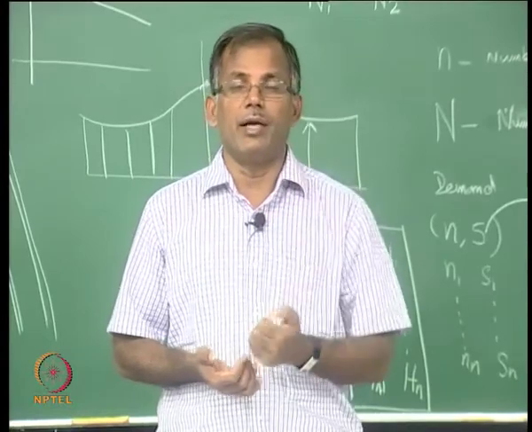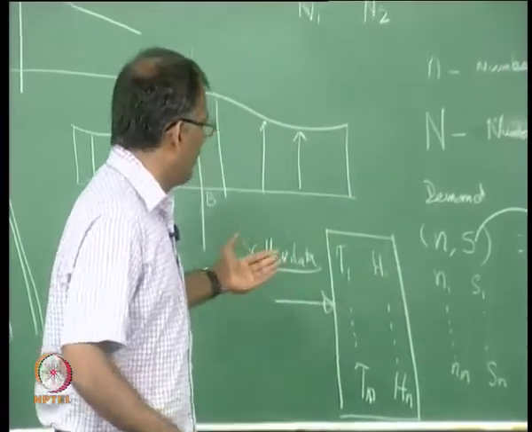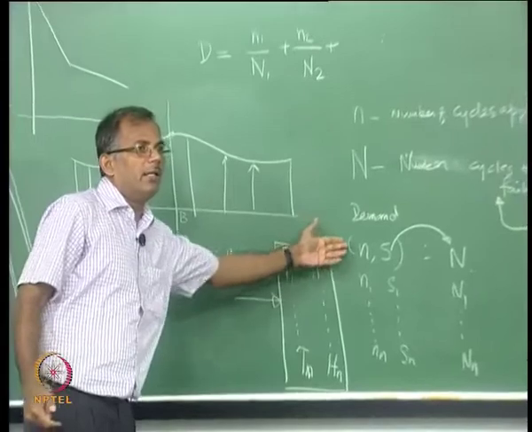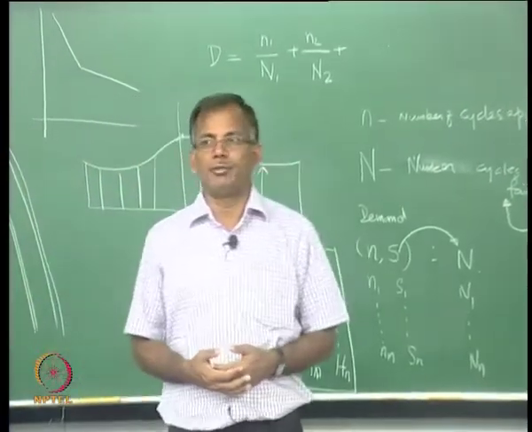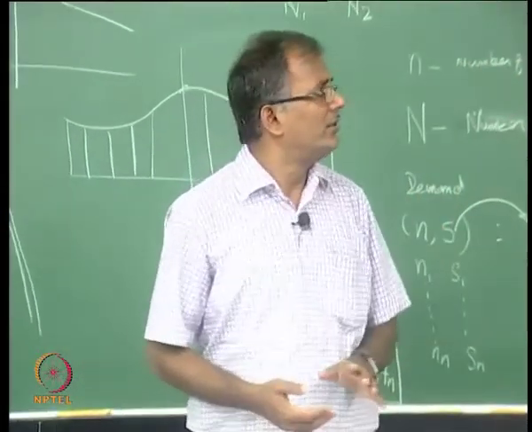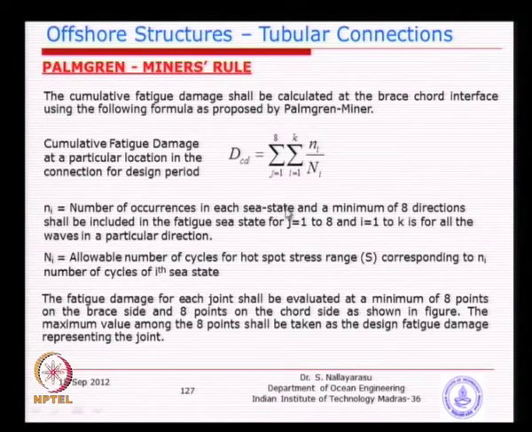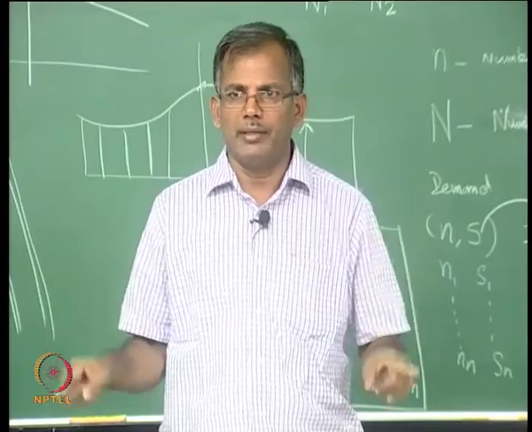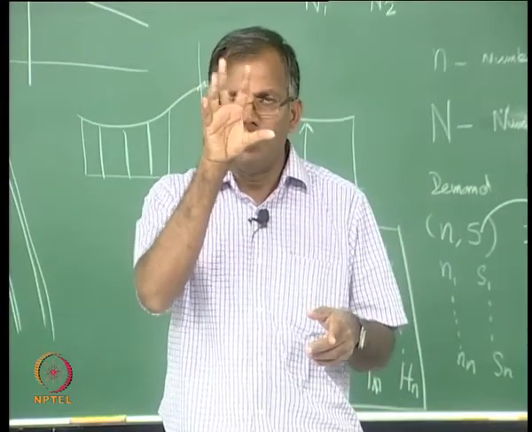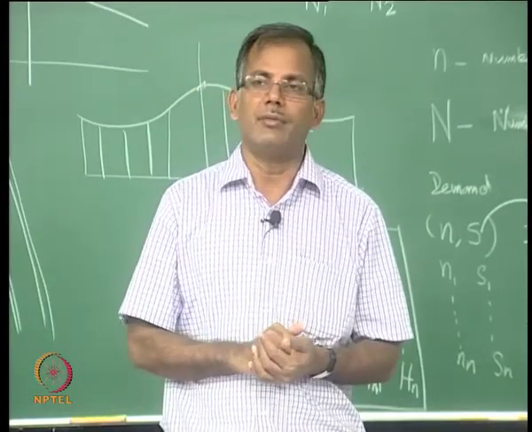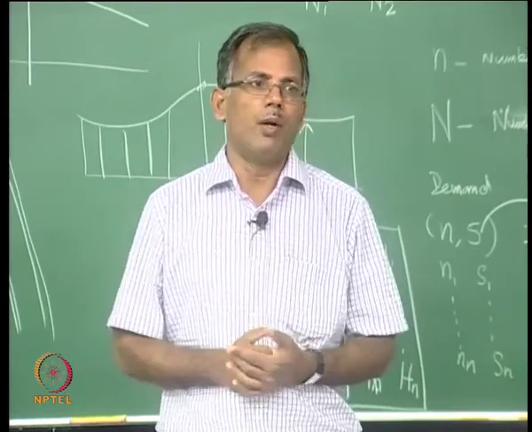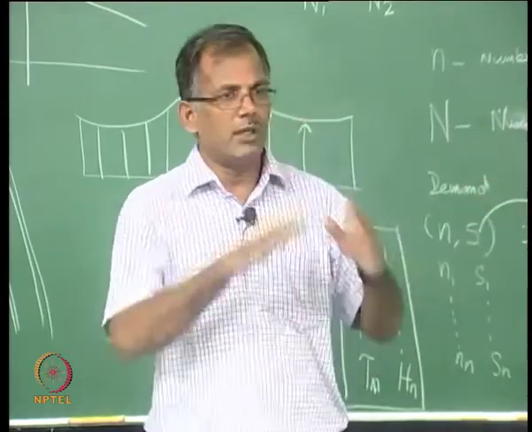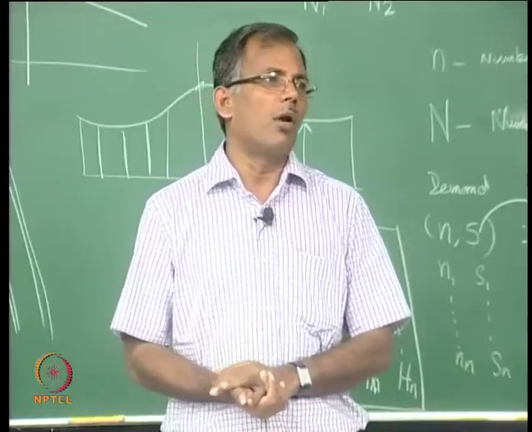In each direction you have to find out what could be the potential wave period, wave height, and then the number of cycles, and then carry out the analysis. So, that means this 1 to k is nothing but as many number of waves as you may have in that direction. We saw one wave scatter table, one big table, where you have certain combinations of wave heights and wave periods. So, each one will become one case, and as long as the table is fully filled, then you have more number of cases too.